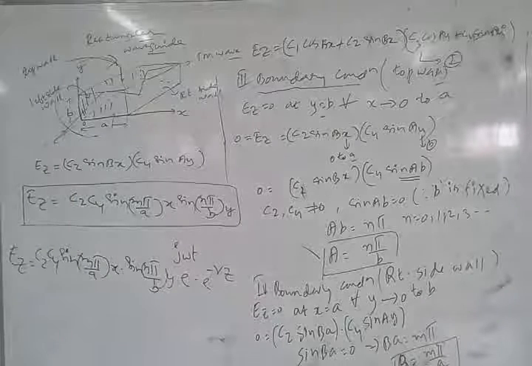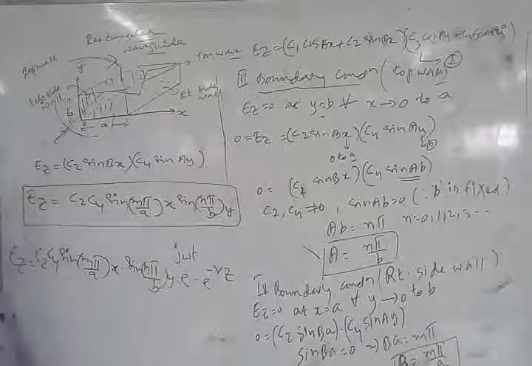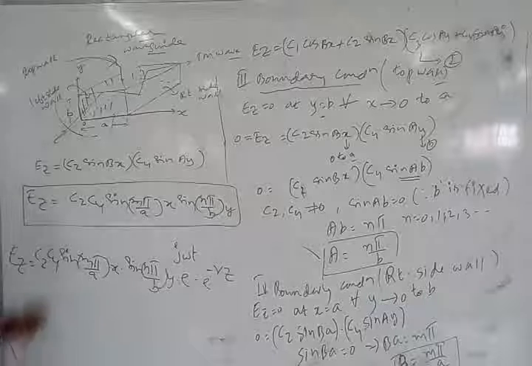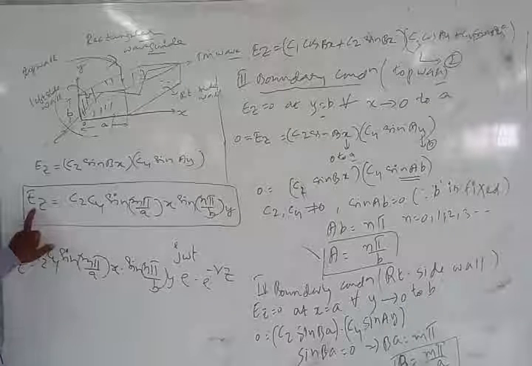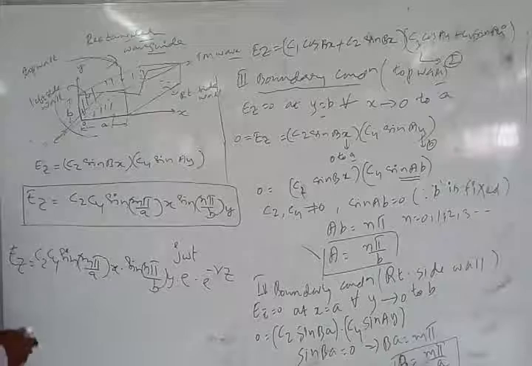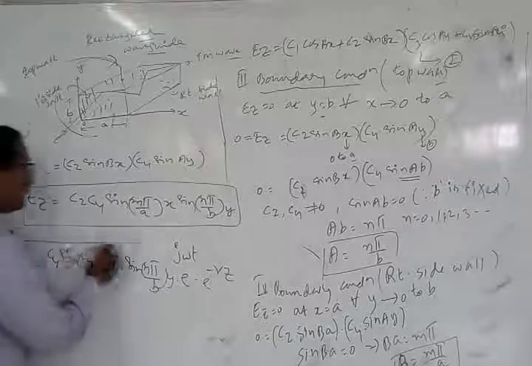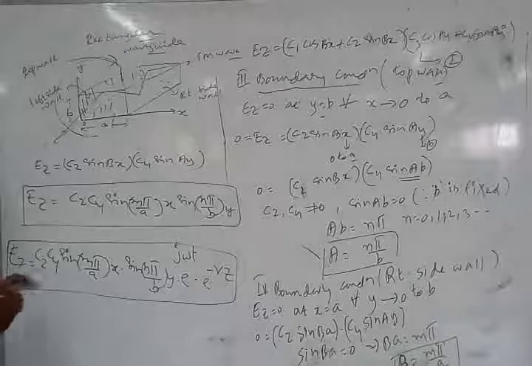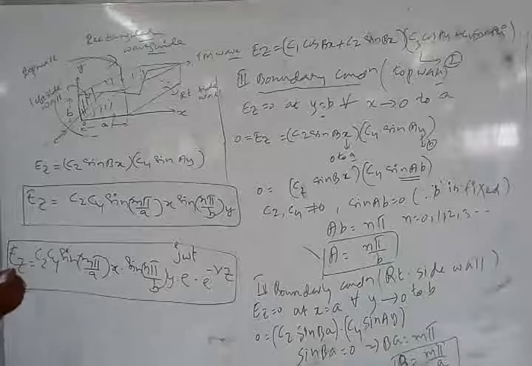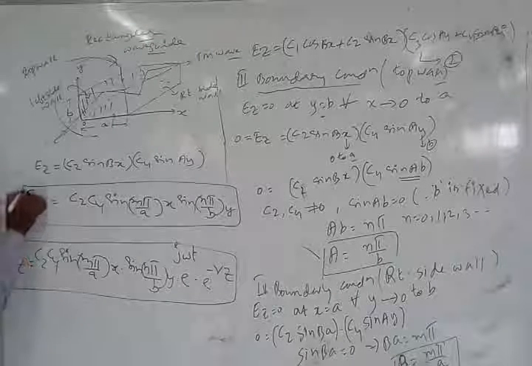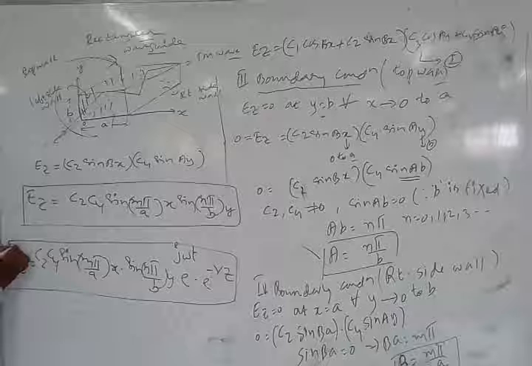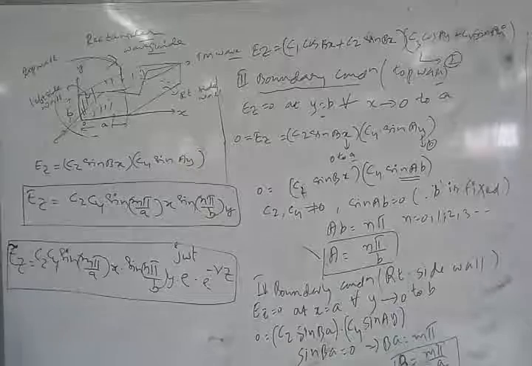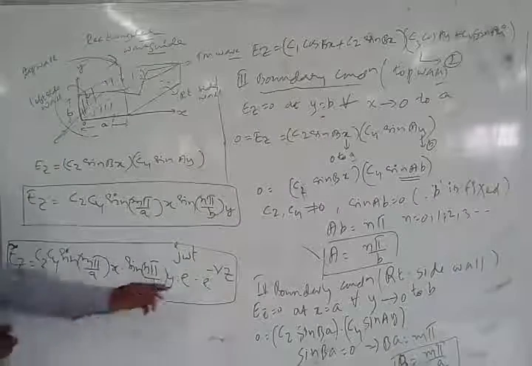Now why are we multiplying it with e power j omega t? To consider a time varying field, we multiply with e power j omega t, and to consider that the wave is propagating along z direction, we multiply with e power minus gamma z. Now this is the electric field wave equation, a time varying electric field propagating through the z direction. Because it is time varying, I can simply represent it with a waveform symbol above the E field. It explains that it is a time varying field propagating along z direction.